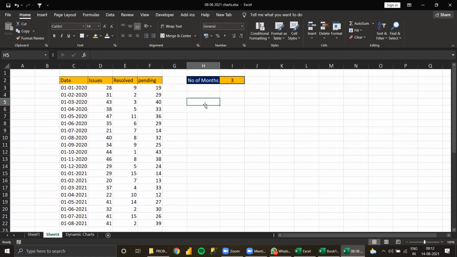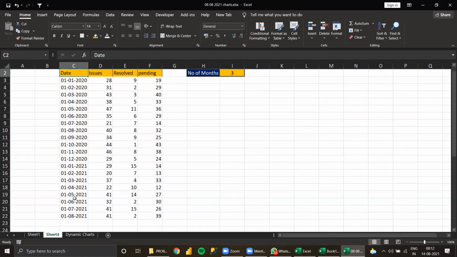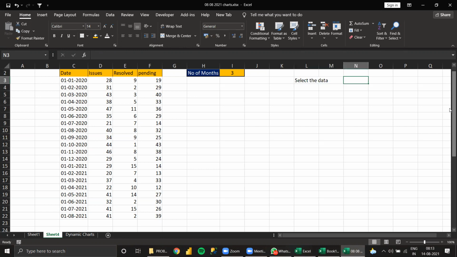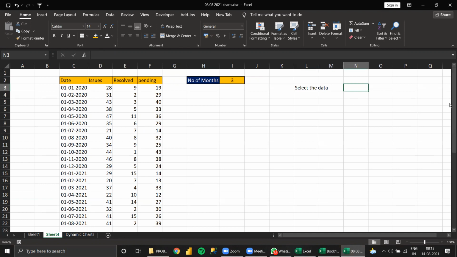Now, this is the requirement. So from the starting, last 3 months range, how can you select the data? That's the first thing. So how can you select the data? Which formula I can use to select the data? Address, okay.